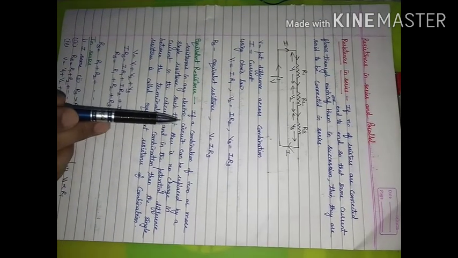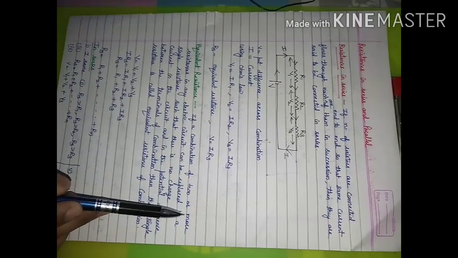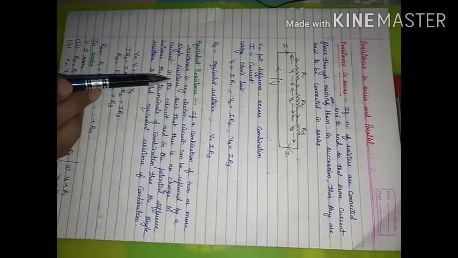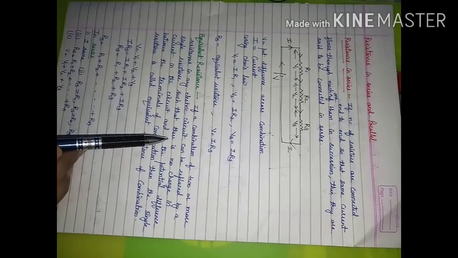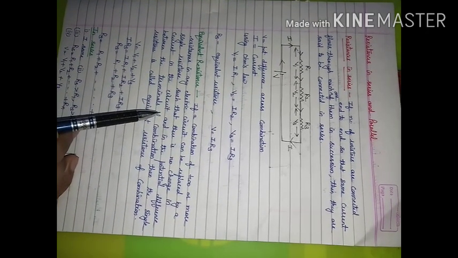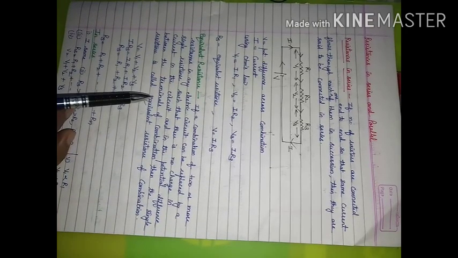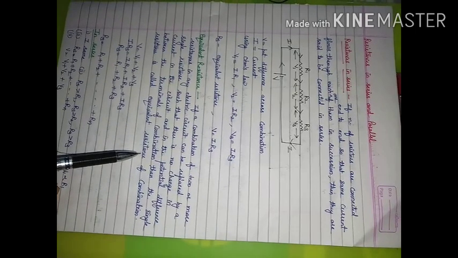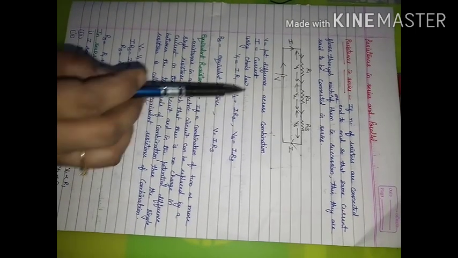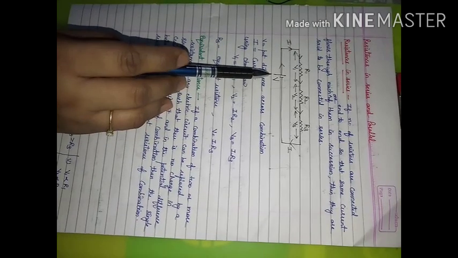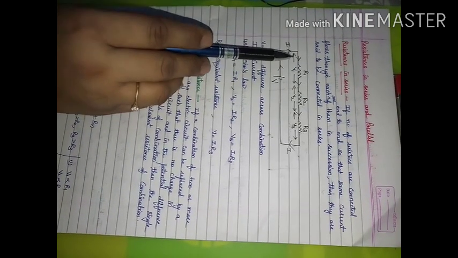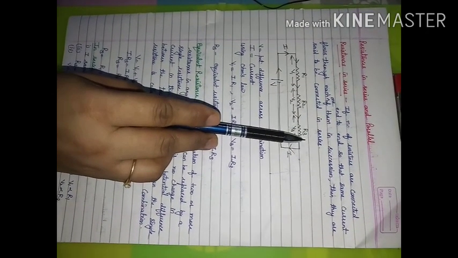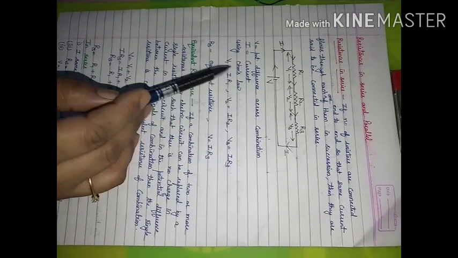So equivalent resistance is this: if a combination of two or more resistances in an electric circuit can be replaced by a single resistance such that there is no change in current in the circuit and the potential difference between the terminals of the combination, then that single resistance is said to be the equivalent resistance of the combination. It means this cell or battery will remain the same. You want the current also to be the same. So which single resistor can replace this combination? Then that single resistor will be known as equivalent resistance.